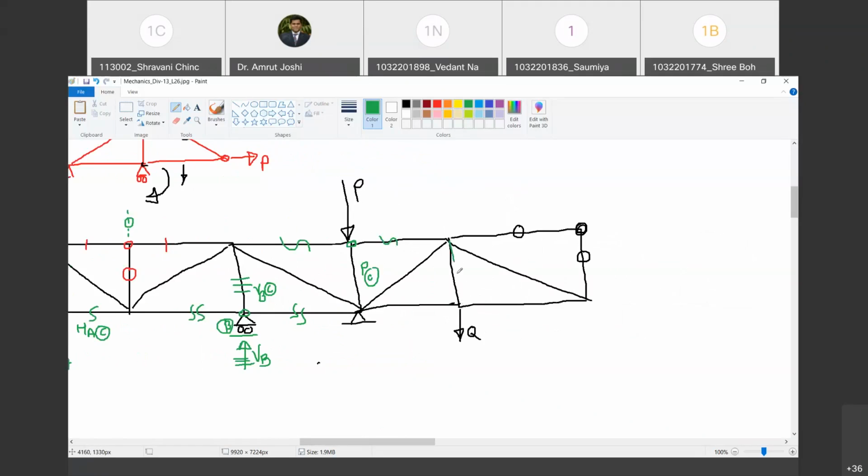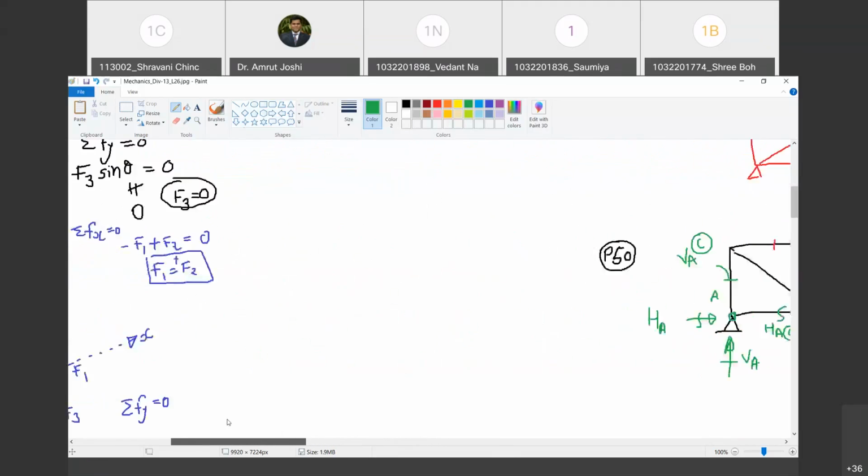Yes, sir. This is a vertical member. So the force I can apply in this member must be Q, but now tensile. Do you agree with me? Yes, sir. Why? Because this Q is pulling the pin. So the force in this member also must pull the pin. So it must be tensile in nature and equal in magnitude to Q. And this force must be equal to this force. Happy? Yes, sir. Okay. So this is how we go on applying these 3 rules.